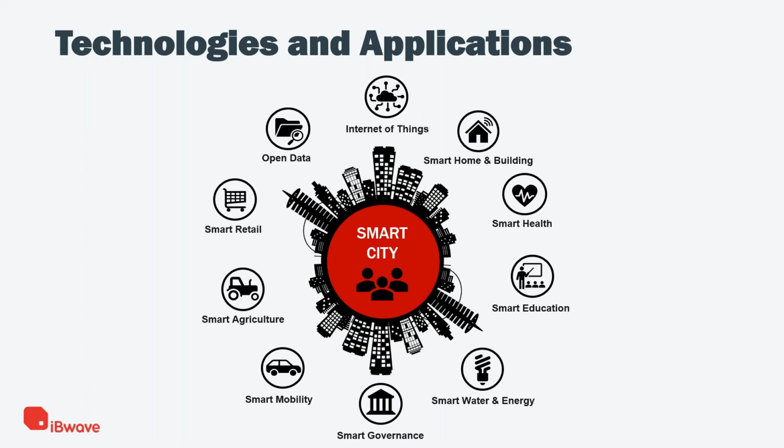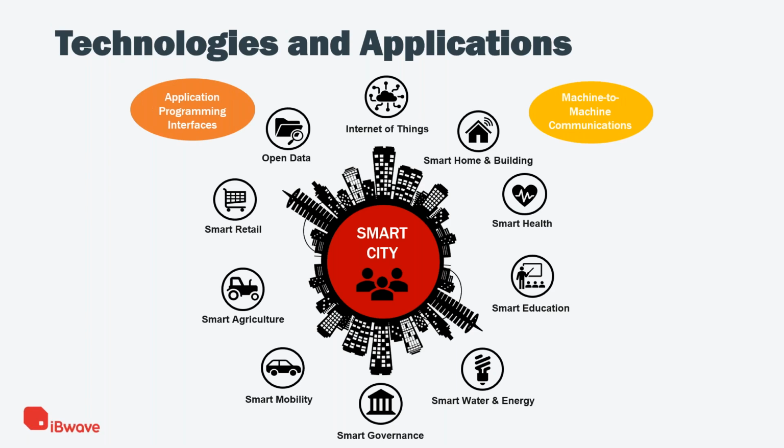Along with the IoT solutions, smart cities also use different technologies. For example, for the digital information that we have, we need a service-oriented infrastructure required to connect individuals and devices in a smart city, right? So we are talking about application programming interfaces, end-to-end communications, and